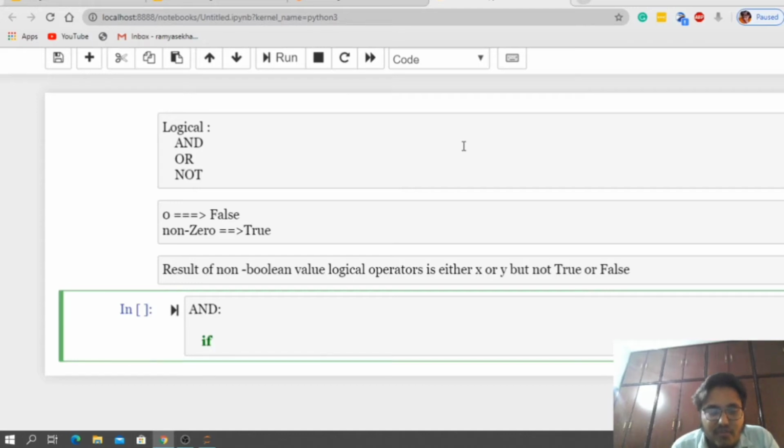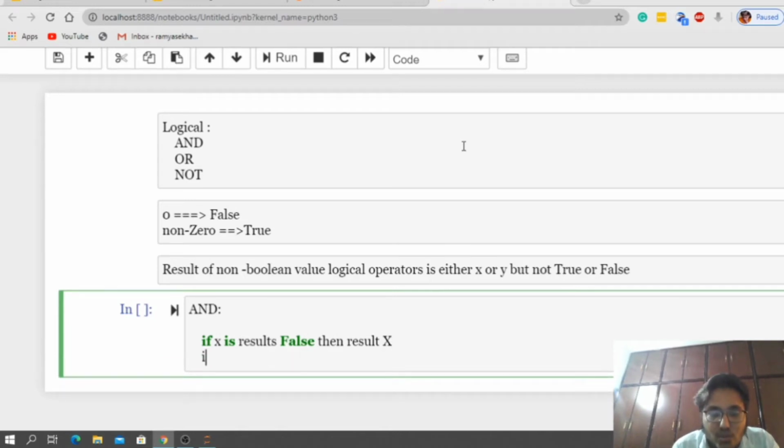Now, what if x results in false? Then automatically the result of that logical operation is x, guys.